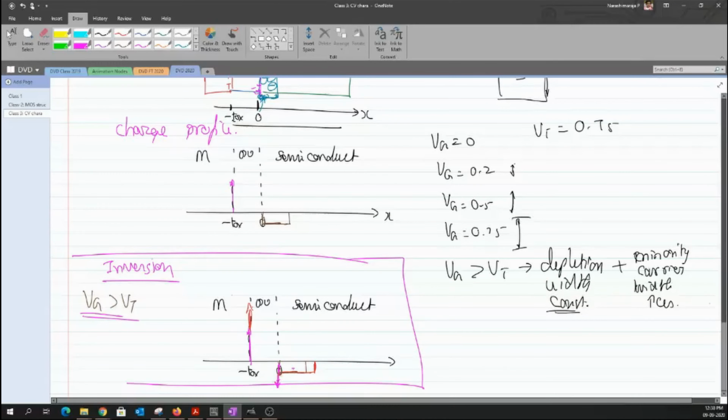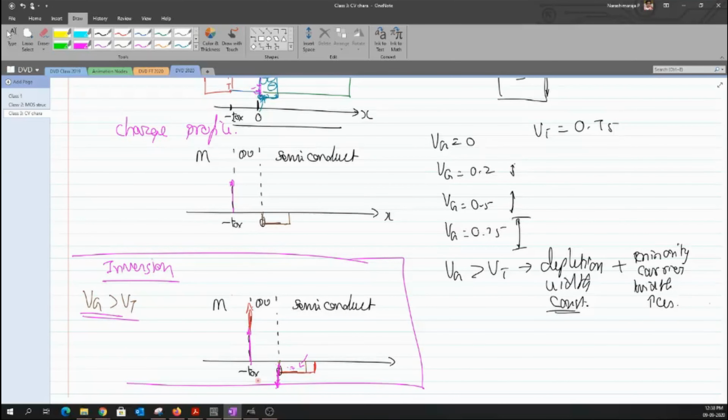Along with this, if I cut this spike, the height of this spike is not the same as the height of the spike of my positive charges. Okay, so the remaining part of the negative charges is being compensated by the depletion negatively charged ions. Okay, does it sound better?